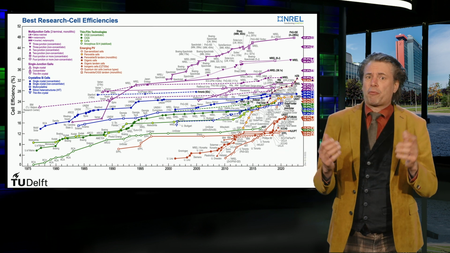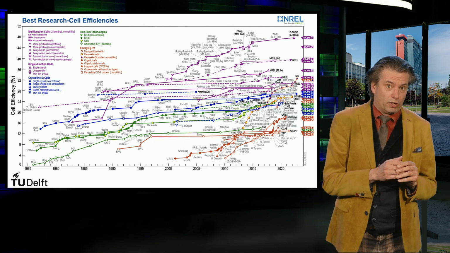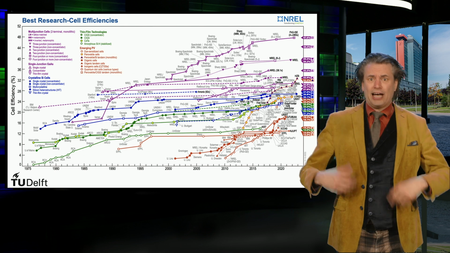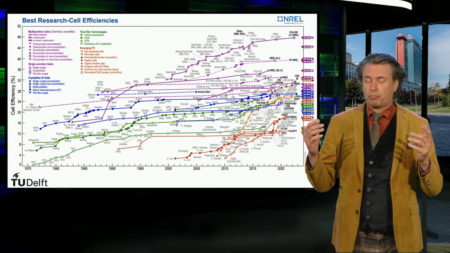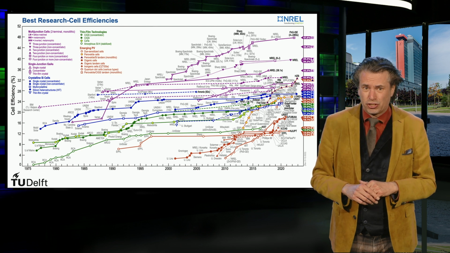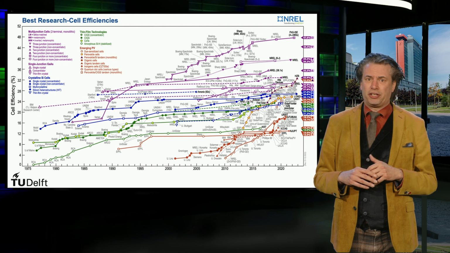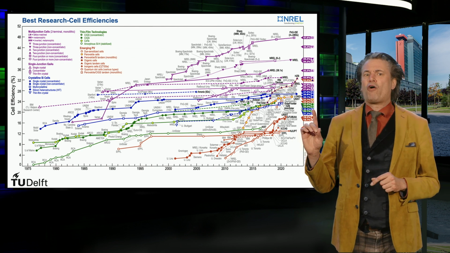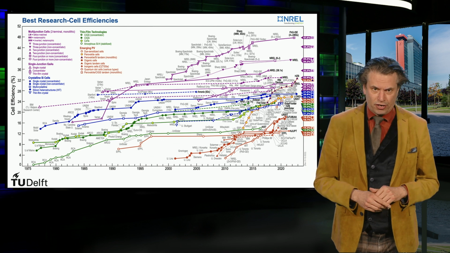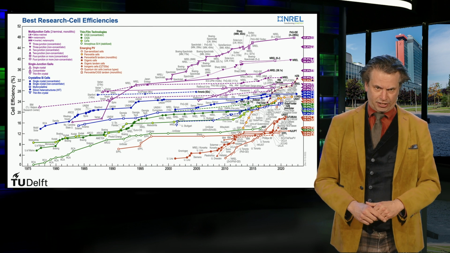The efficiencies are reported for small lab scale devices with a size of only 0.1 square centimeters, and some are reported for large 6-inch wafer size solar cells corresponding to an area of 250 square centimeters. This is at least a difference of 3 orders of magnitude between the lab scale cell and the wafer cell. Therefore, I prefer to present the record efficiencies per PV technology as a function of the device size.